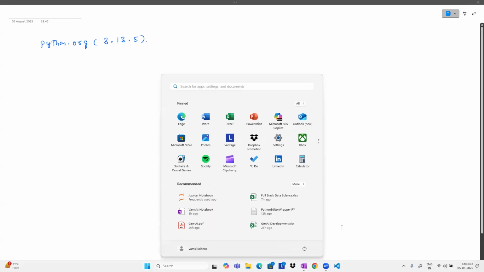I'll tell you the complete setups later. But first, I told you to download and install Python from python.org. I think the latest version is 3.13.5. So please download Python from python.org, guys. Initially, we hardly work on this for even one week.